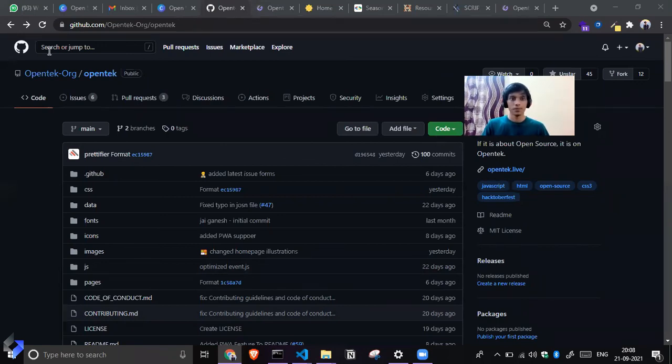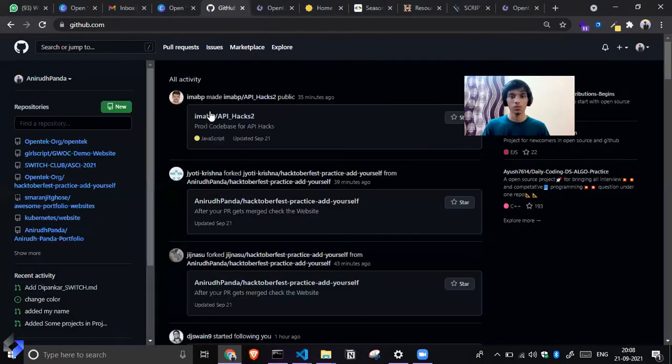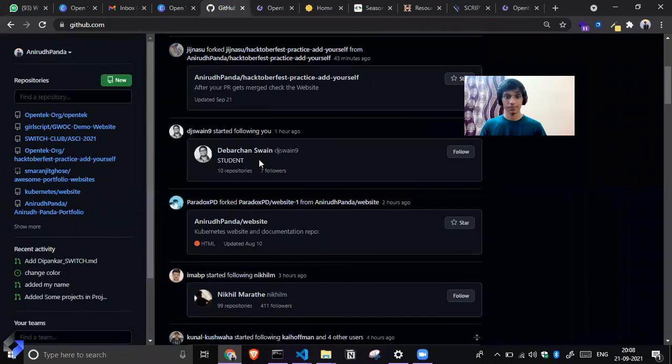Anirudh, do you want to add anything else? No, nothing. Just start doing open source, because you have to make a public profile to show recruiters that you are capable of working on various projects outside your domain, and that you are helping others in maintaining their projects. Open source is basically providing help to the other maintainers so that the project stays active and free. This is a great way. It will add a lot of value to your CV or resume too. So make sure you do try it.